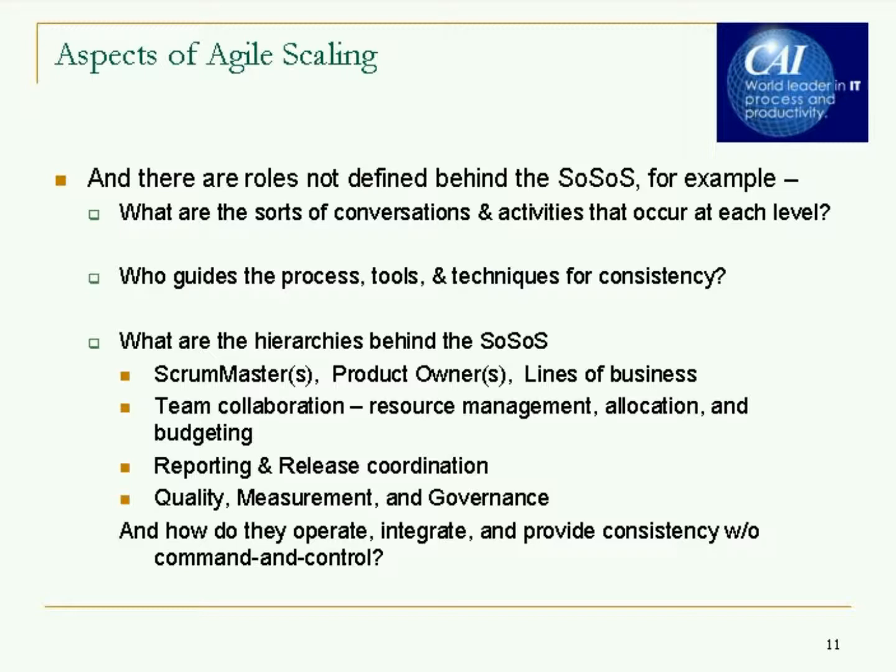So I like to think of the Scrum of Scrums as being layered. Yes, you drive the Agile coordination via the Scrum of Scrums, but there are mirror images behind it, depending on your organizational structure. So, for example, if you had a PMO, the PMO could be instantiating the Scrum of Scrums, the S2 and the S3. Clearly, that might be a mapping for it. But at the very least, there's a hierarchy behind it. Maybe the easiest hierarchy is that of product owners. For every Scrum Master, there should be one or very few, if there's some sharing going on across the product owners, but there should be many product owners in that previous example supporting it.